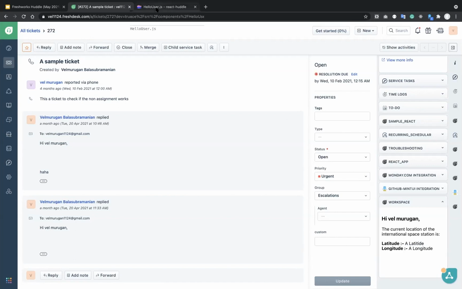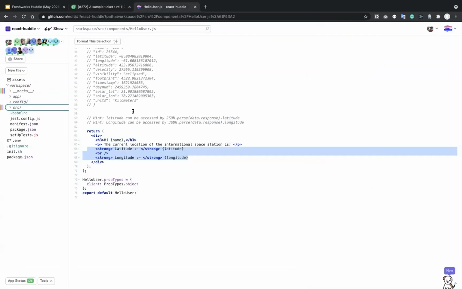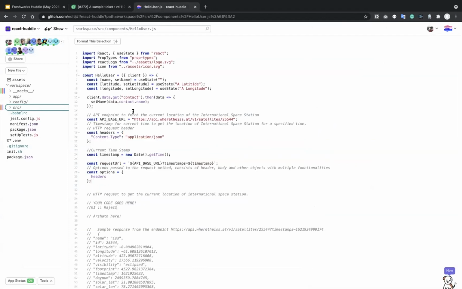So how are we going to do this? We have the hello user.js component, and in this component we are already making use of data methods to display the agent's name, and we are using React states for that.